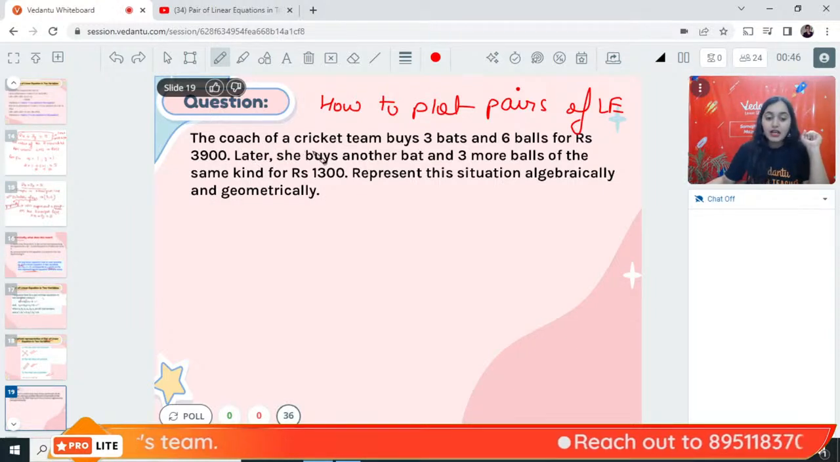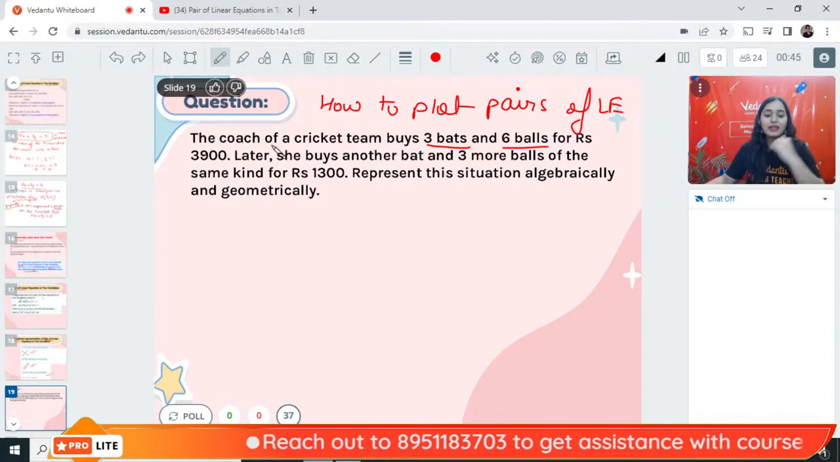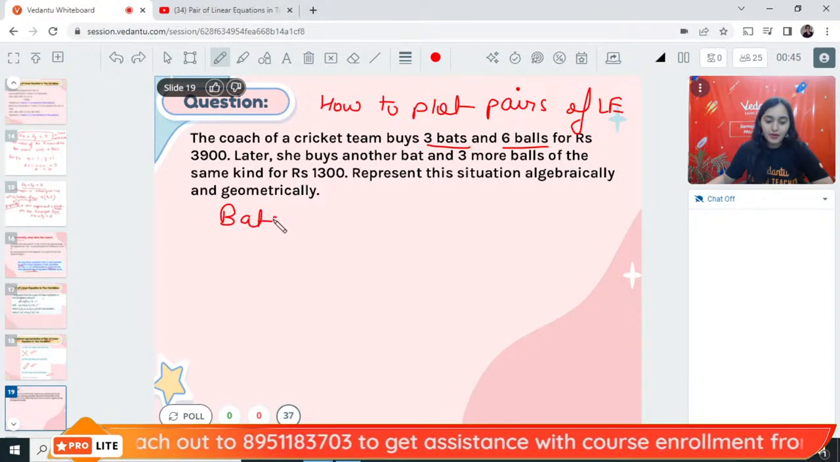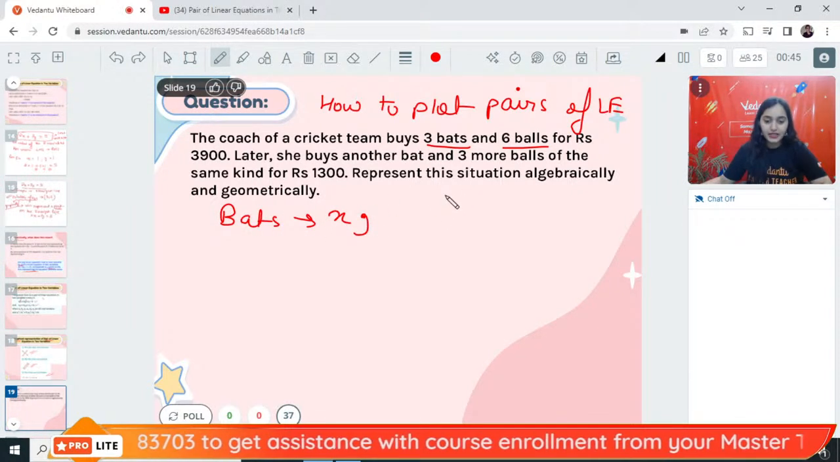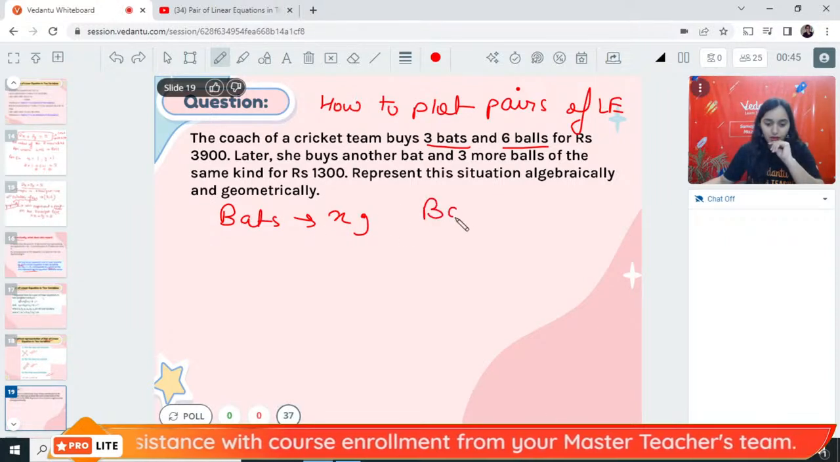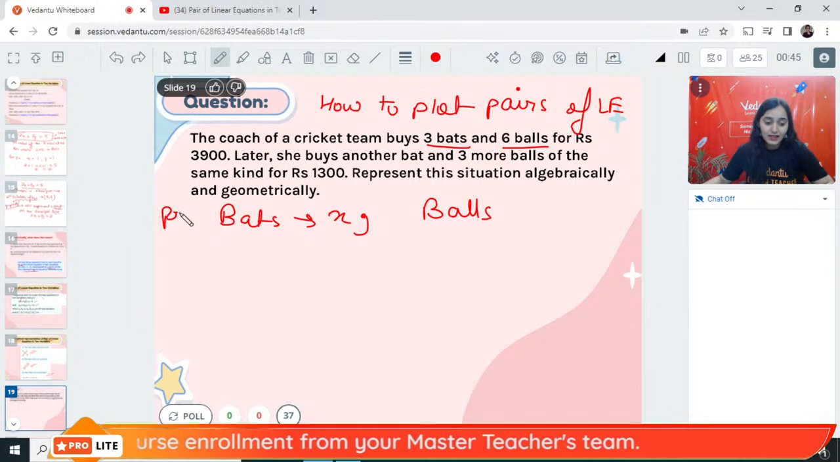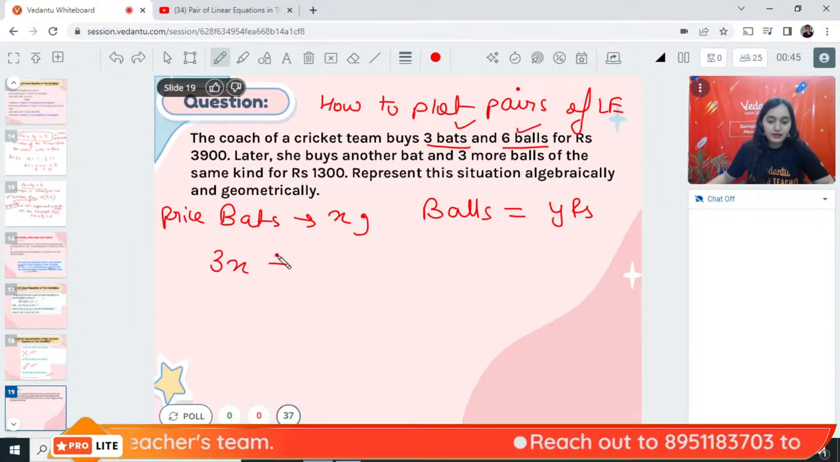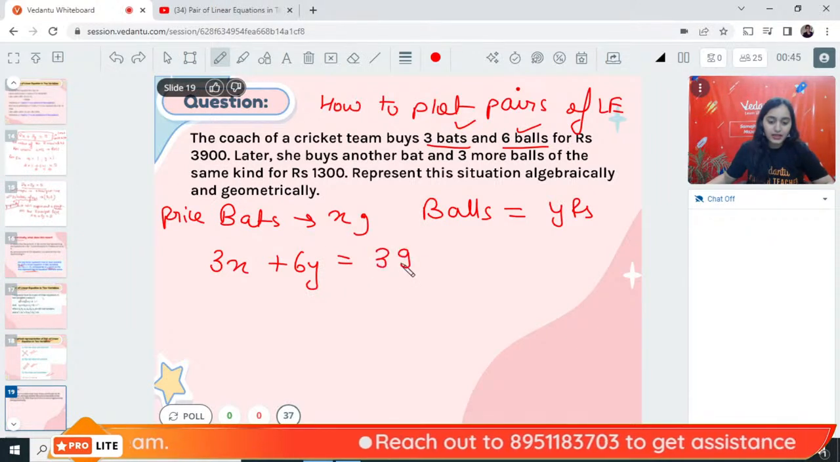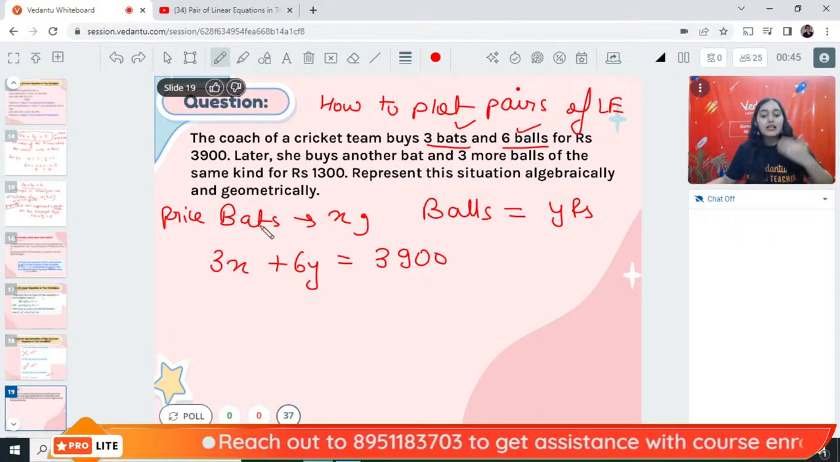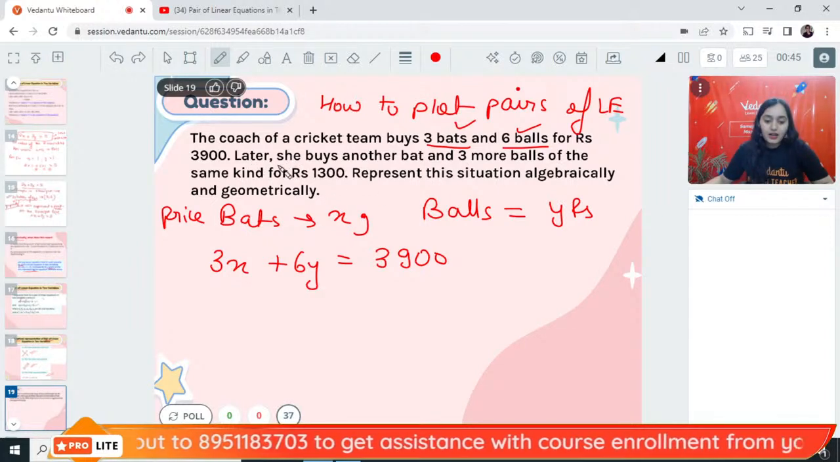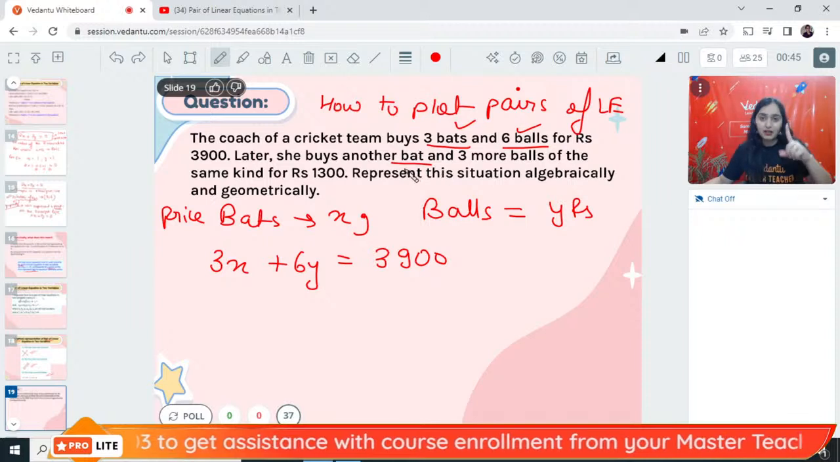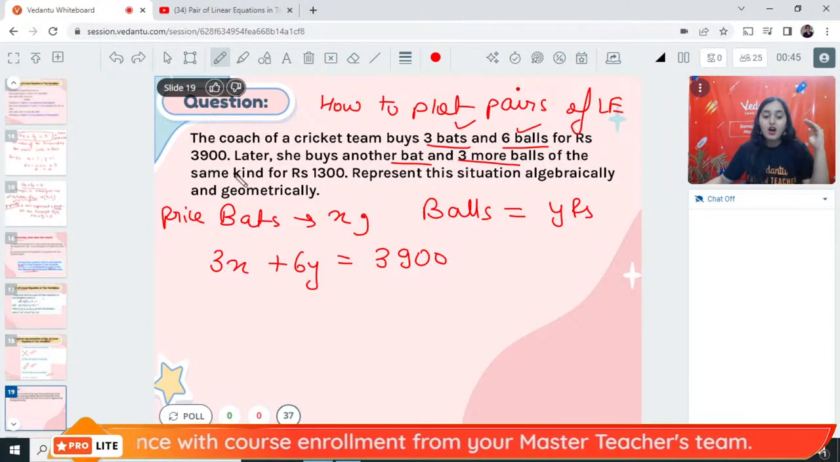The question is saying the coach of a cricket team buys 3 bats and 6 balls for rupees 3900. Let us consider the price of a bat is X rupees and the price of a ball is Y rupees. So 3 bats and 6 balls will be 3 into X plus 6 into Y is equal to the total 3900 rupees, right? Similarly, if later she is buying another, one bat and 3 balls of the same kind